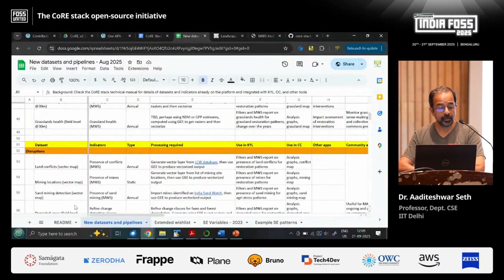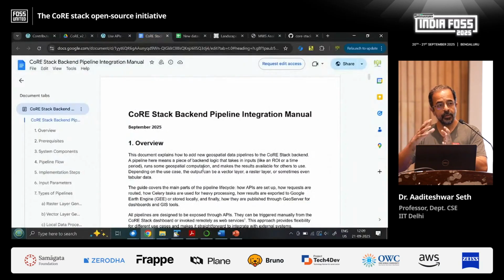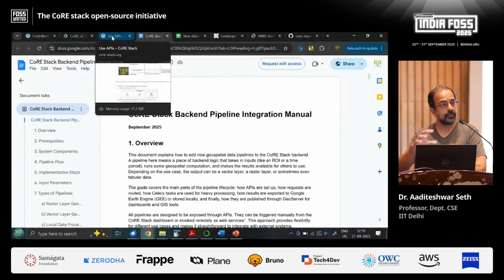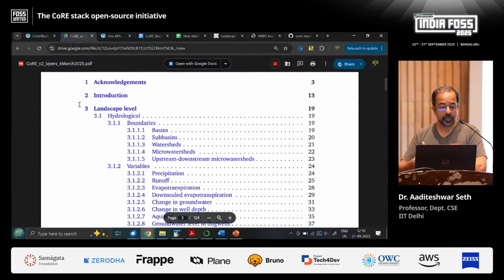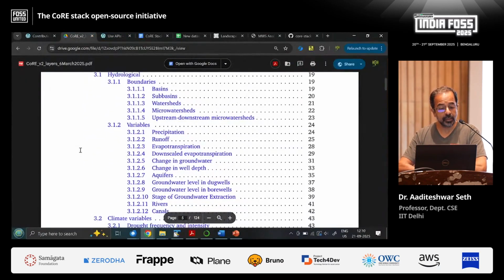There's a long list of layers and data sets, from agriculture to hydrology and so on. There are links to papers, and many of these papers we want to implement as pipelines. We've put up detailed guides on how these pipelines can be built, and we want more and more people to get interested in working on this.